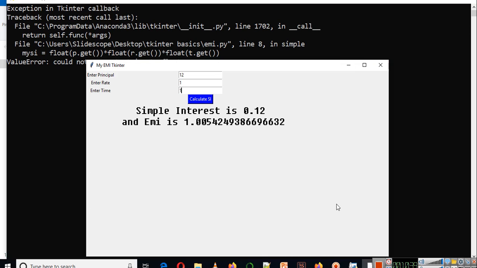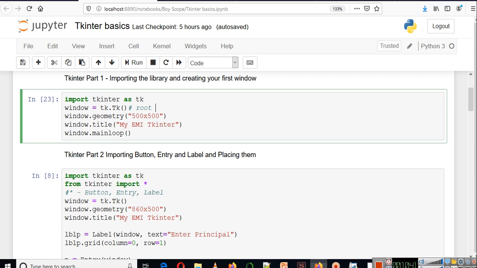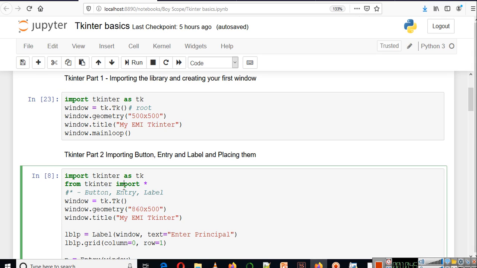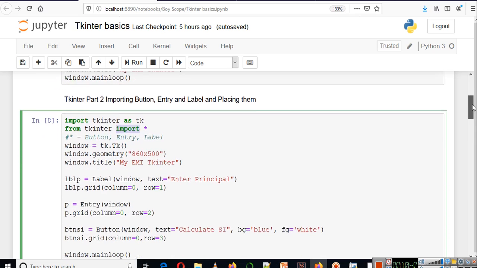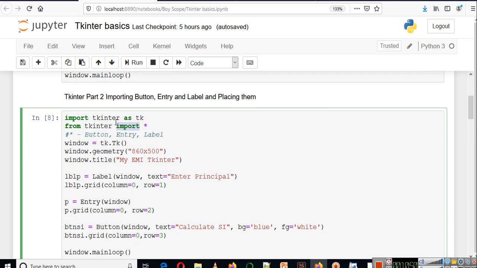For that we have to import: from tkinter import *. From the tkinter library we need the button, entry and label widgets, and to import them we simply write a star. It will import everything for us from the tkinter library.